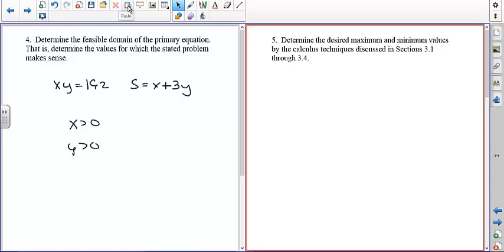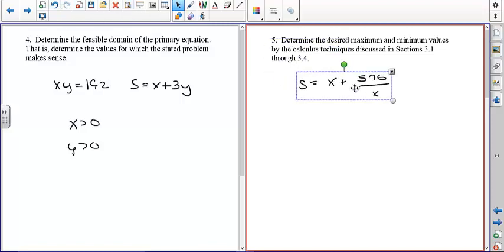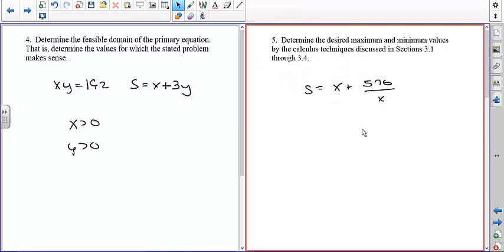Oh, there it is. Paste. Okay. So now we're going to take the derivative of this with respect to x. So ds/dx. And because the variable's x, we're taking the derivative with respect to x. It's just the normal